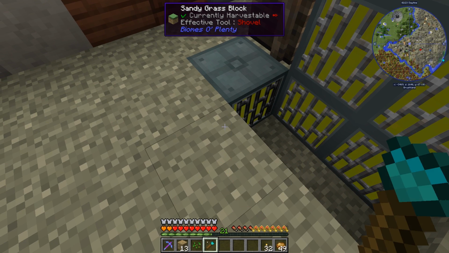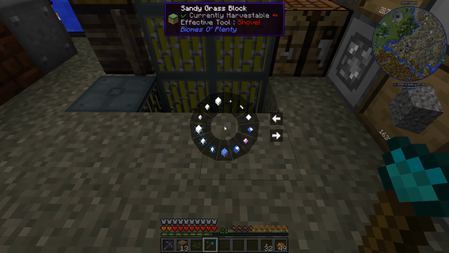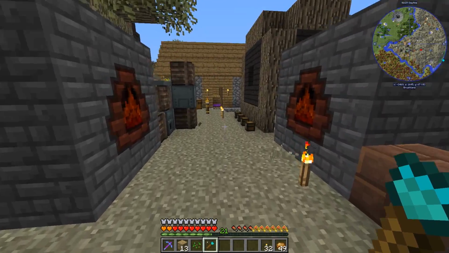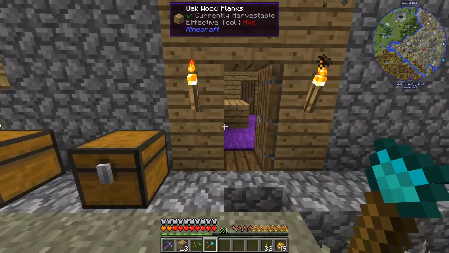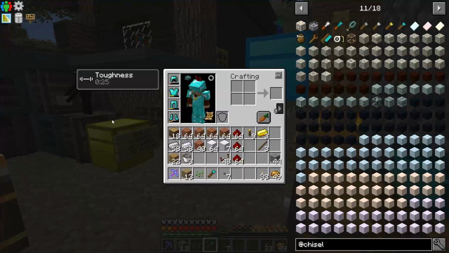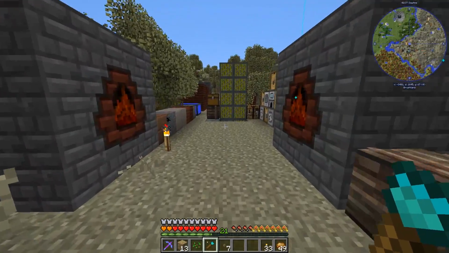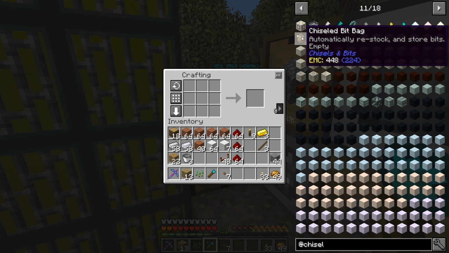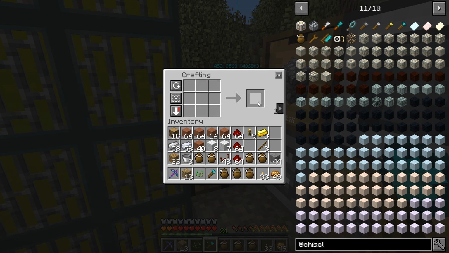I need a single bit, not a big bit. Wait, what am I doing wrong here? And look, oh, maybe you can't chisel these blocks. Oh, that's mysterious. Okay, there we go. Okay, now we're truly set. Also, I got all those magma torches, so that's super sweet. So now we can make our chisel bags, and should be able to make...